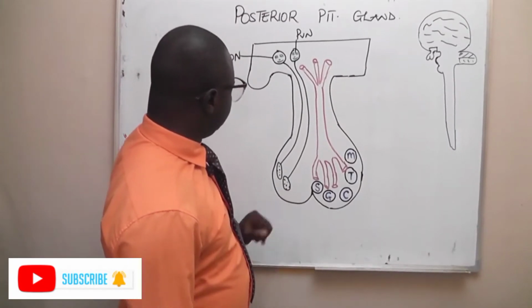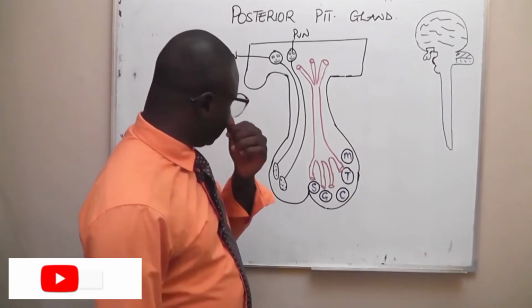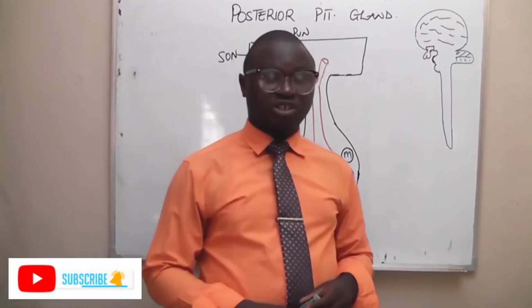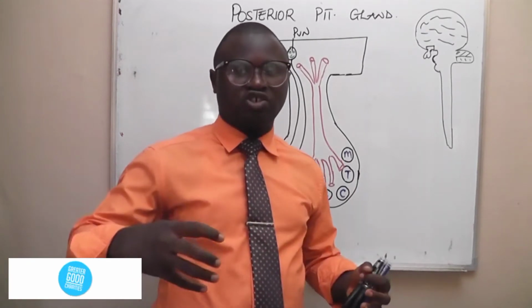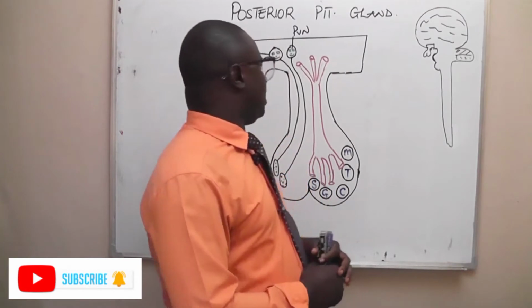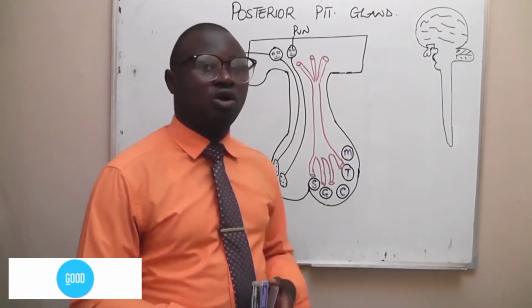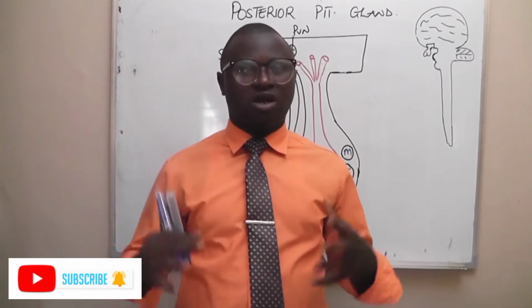This hormone is released via a positive feedback mechanism by the stretching of the cervix. Then it stimulates the smooth muscle of the uterus, causing increased contraction, and thereby